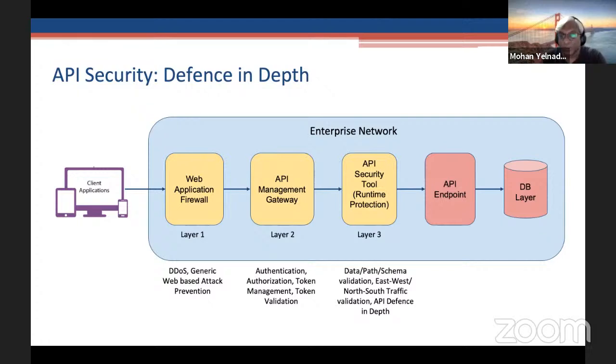So you don't even process the request at the API level itself. You send the response back saying the request is not proper for this reason, right? So you avoid processing load at the API endpoint by securing your responses at the runtime protection layer